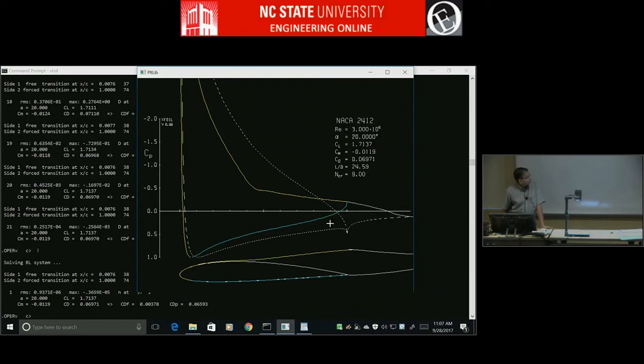So this kind of plot it will do only when you do a single alpha. When you do a sequence, you're already doing a bunch of angles of attack, so it won't plot the boundary layer and stuff. So this is nice for visualization and things like that. Okay, so now,